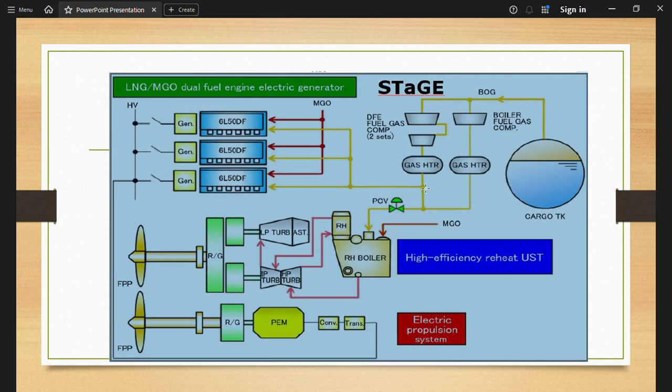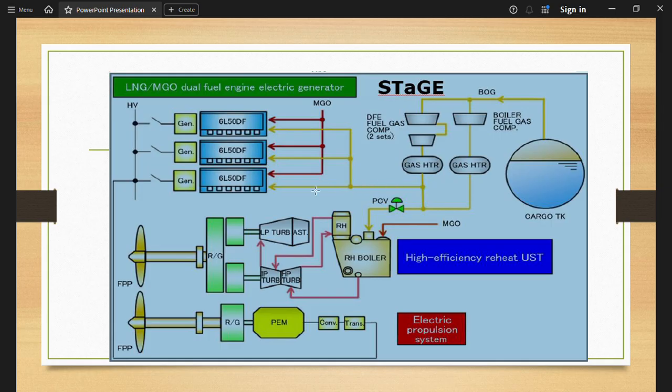Now the stage that we saw: LNG, MGO, dual fuel engine, and then we have the electric generator. So see here we have cargo tanks. Now the boil-off gases will come out from the cargo tank, and we have compressors, the boiler fuel gas compressor and the DFE fuel gas compressor. After the compressor, it will go to the gas heater. From here it will go to the,